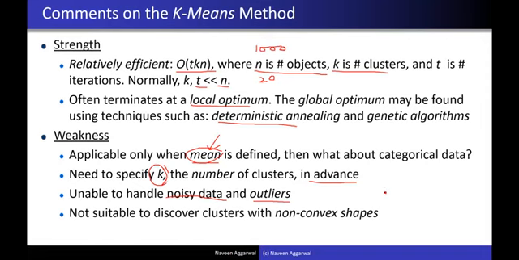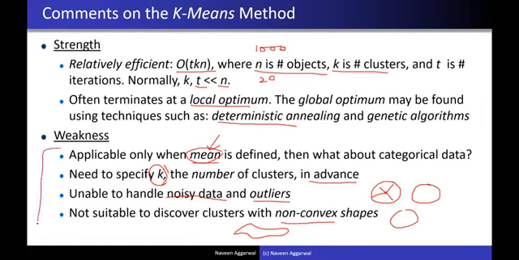The final outcome would always be like this: if you have a mean, all the elements will be those which are nearer to that mean. So the final outcome is convex-shaped clusters, all of circular shape. We cannot find a cluster with a non-convex shape. If your data requires a non-convex shape like this one, then k-means cannot be used. So the k-means algorithm is not used in practice wherever these problems are there. But there are many modifications people have proposed for this algorithm.